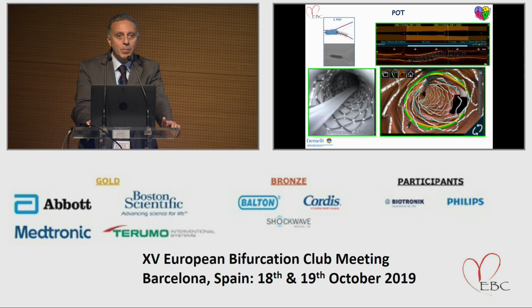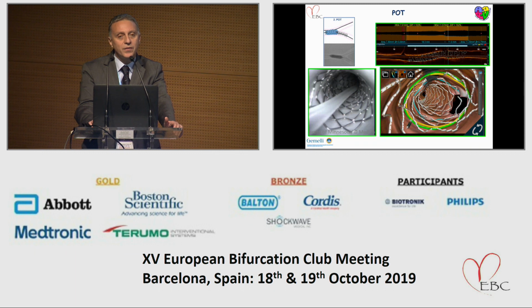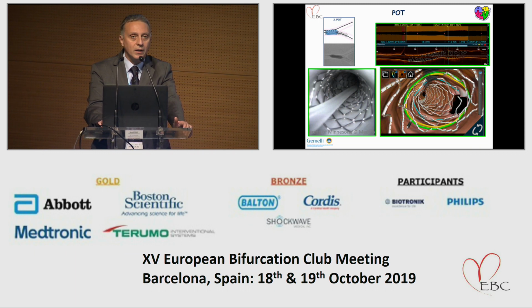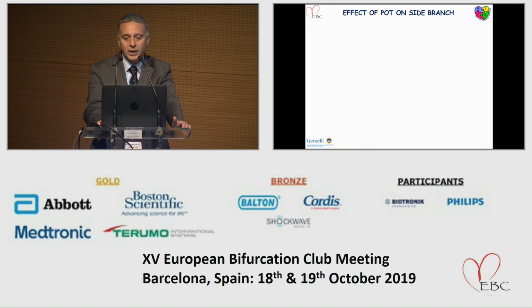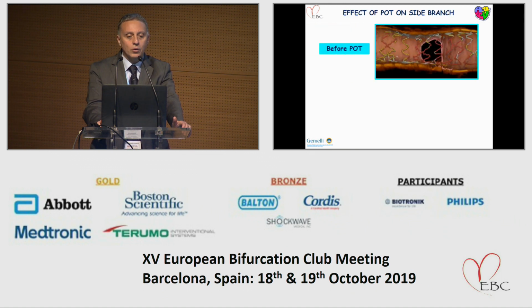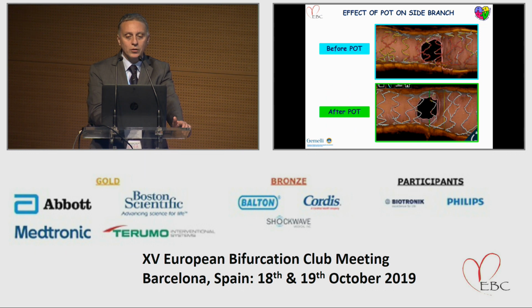We studied in the past here at EBC main all the advantages of POT, and one other effect of POT is the fact that it changes the geometry of the stent struts toward the side branch ostium. So this is the reconstruction done in the same experiment in the visible heart. This is before POT. You see that there are all these floating struts here, and after POT you have this situation. So there is not only the correction here, but there is also this opening of the stent struts